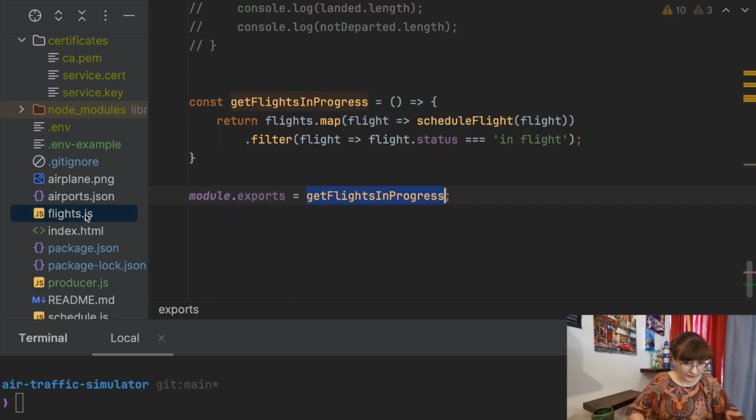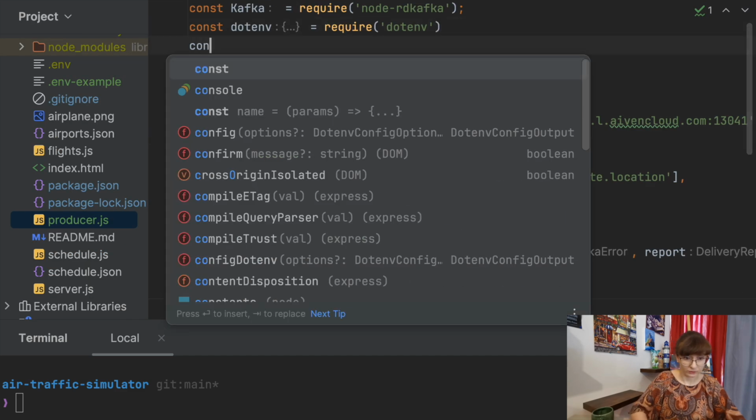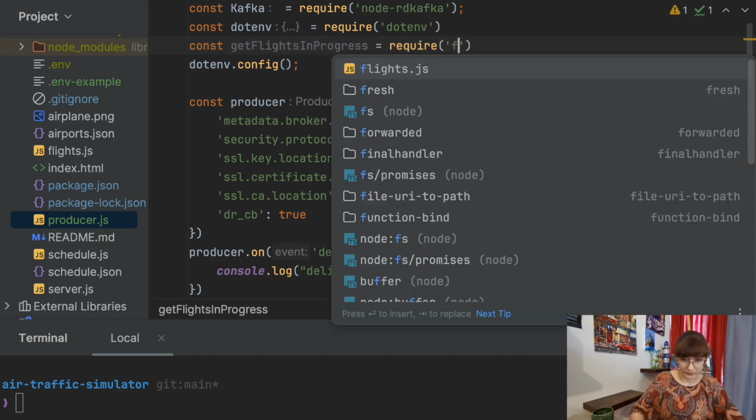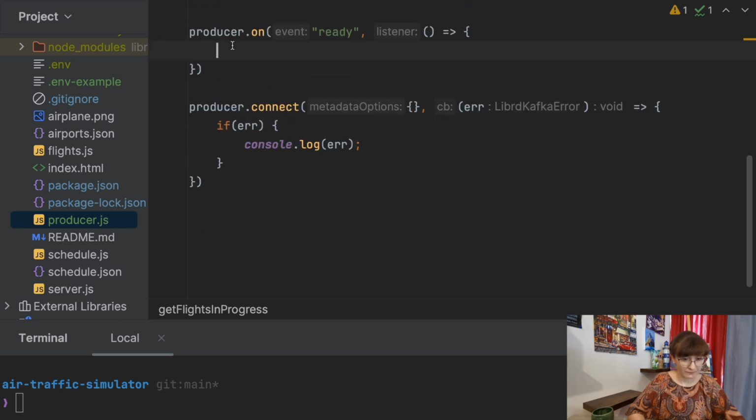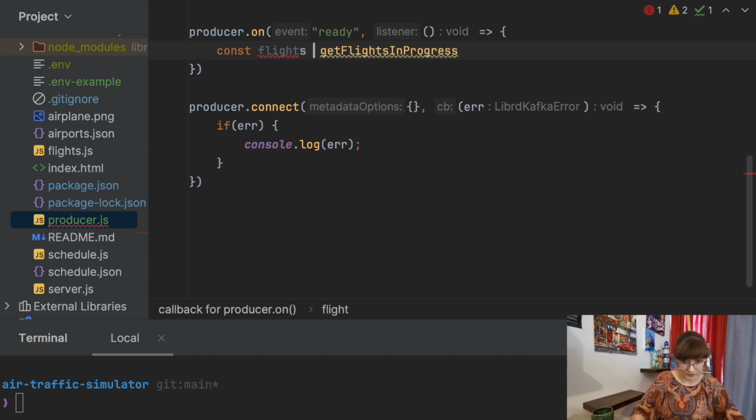We can get that method from the flights, get flights in progress. We can include that one, const require, and it was flights. Now we can run that method on a regular interval, and whatever we retrieve, we will send to Apache Kafka. So let's do it. Const flights, the ones which we want to send. Then we run this method, the producer,